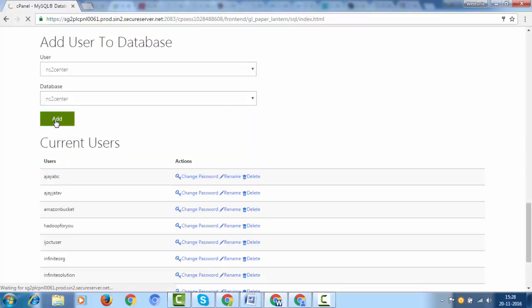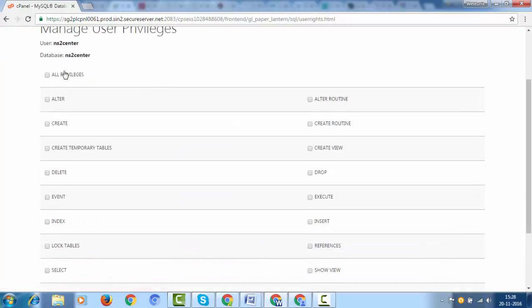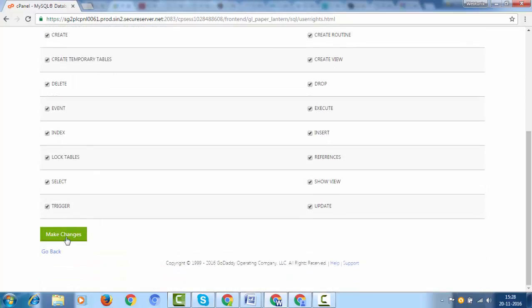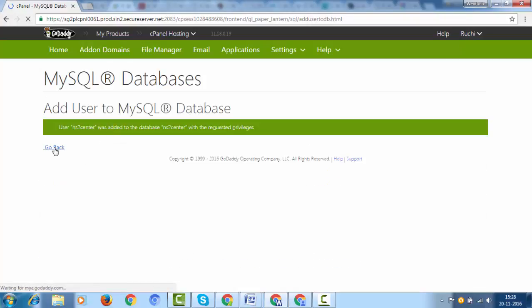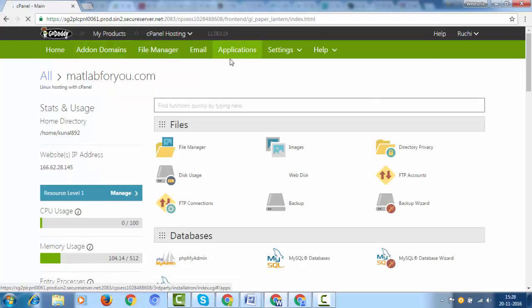So I can add the users. So manage the user privileges. I'll assign ns2center user all the privileges to database ns2center. So make the changes. Okay, so my second task has been completed. So I'll go back to the home, and my next task is